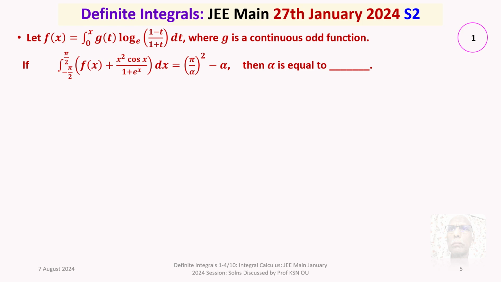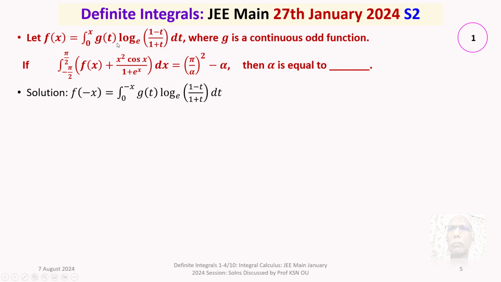So we are given a function f of x in terms of g of t, where g is a continuous function. Now let's discuss the solution of the problem in detail. Now if g is an odd function, what could f be? Is f an even function, or odd function, or neither? Okay, we'll test that. f of minus x is equal to